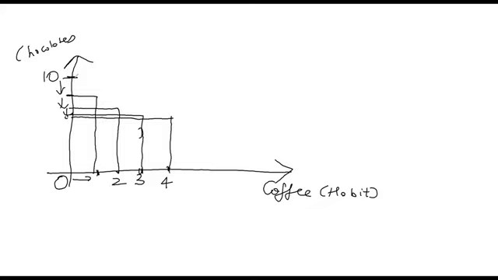So you can see eventually if I join this point with all these points, it will become asymptotic. It will never intersect the coffee axis. It will become asymptotic or parallel to the coffee axis. But having said that, I was completely fine with 0 coffee and 10 chocolates. I have no grudges because coffee is not an addiction. If coffee was an addiction, I would not have been at this point. Coffee is not an addiction. Coffee is a habit. You need to understand the difference between habit and addiction.